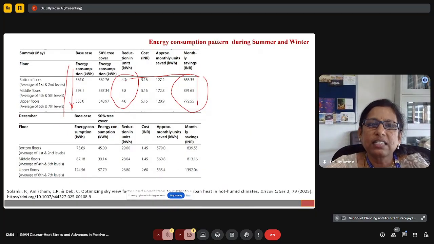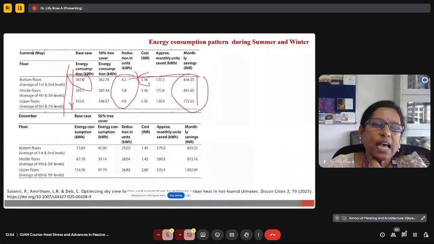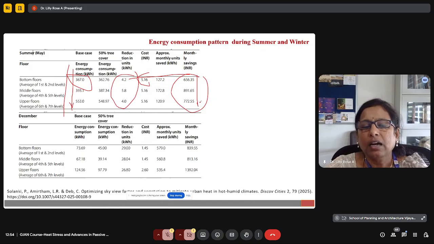Though this is lesser, the cost during summer depends on the total energy consumed per month. As the number of units increases, the cost also increases, because of which this is the savings that we got